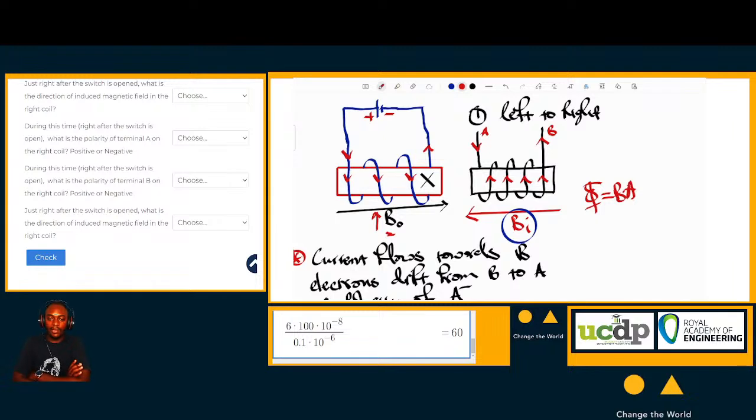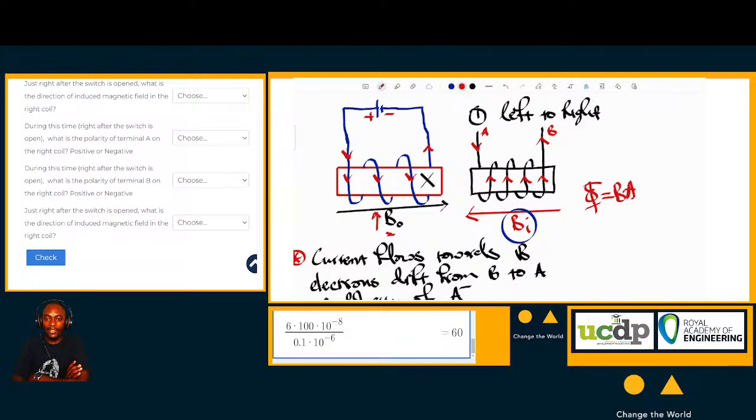I just wanted to explain something, maybe it would help you in choosing your answer. In the first scenario that we had, we were closing the circuit and current was increasing, which means flux was increasing. Now, in the second question, the current is going to be decreasing, which means that flux is going to be decreasing. So if flux is decreasing,